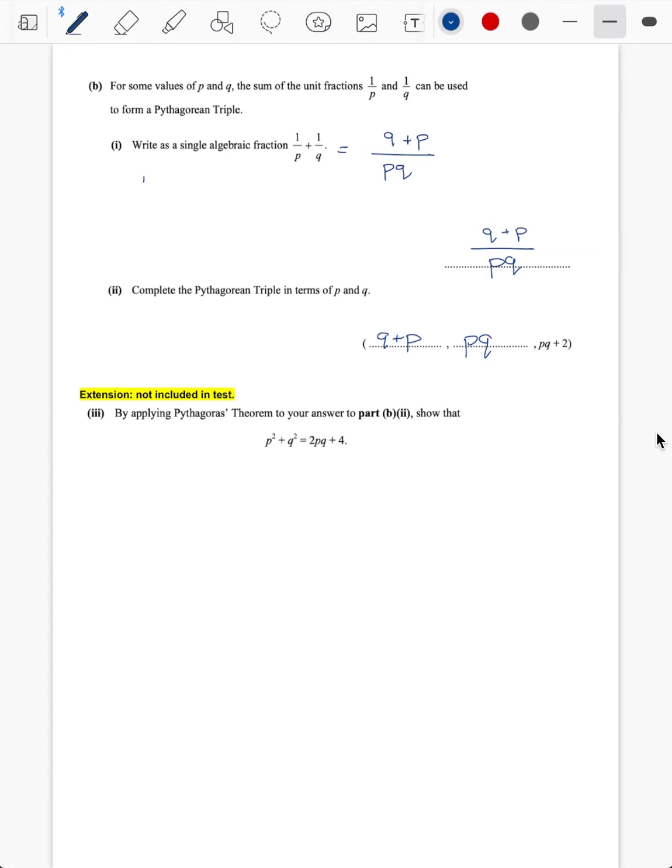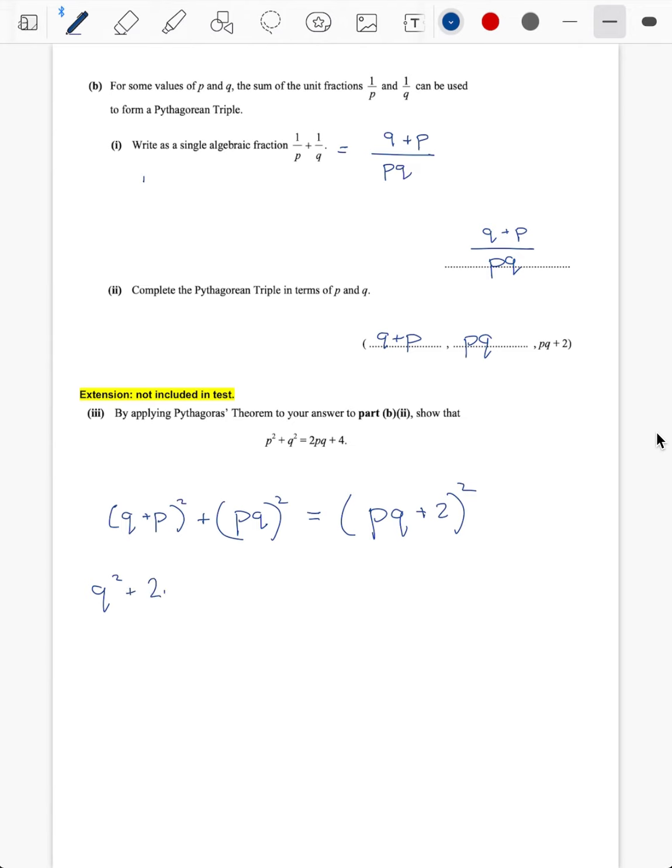First number is q plus p. So we've got q plus p, which we're going to square. And if we add that to pq squared, that should equal pq plus 2 squared. Okay, now there's quite a lot of algebra to figure this out, but we can do this as q squared